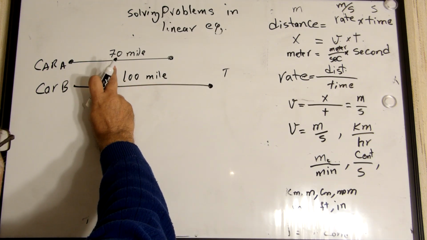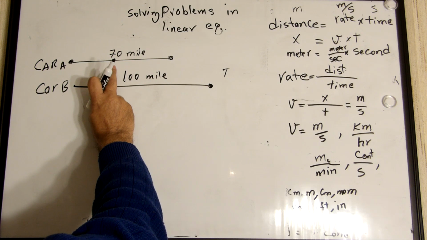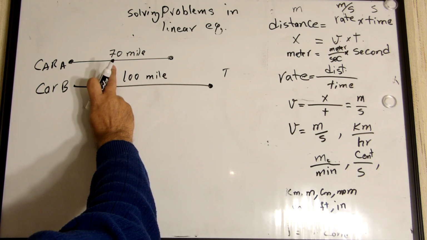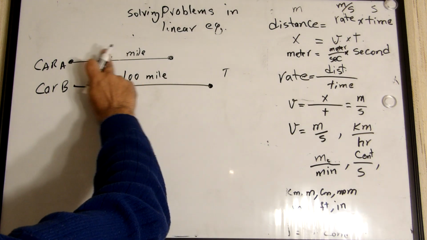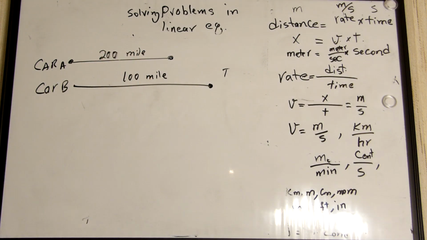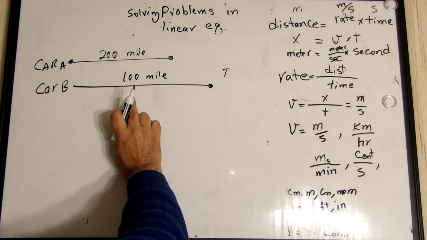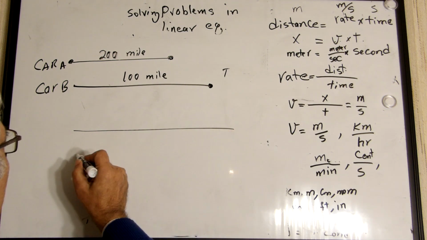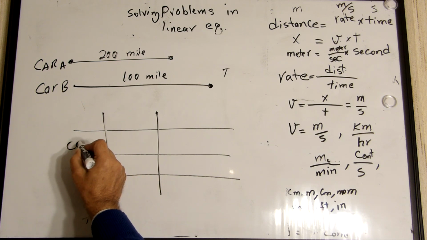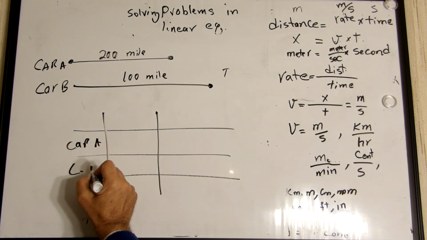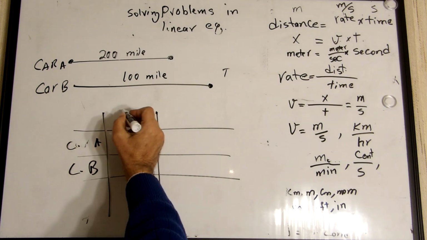This one was 75 miles, but let me talk exactly about the example that I'm talking about. This car A and car B. Okay, the distance